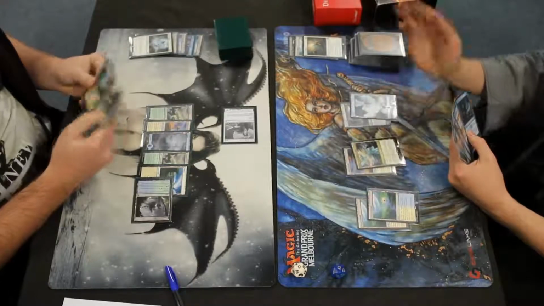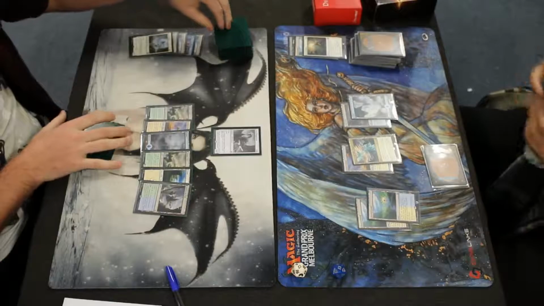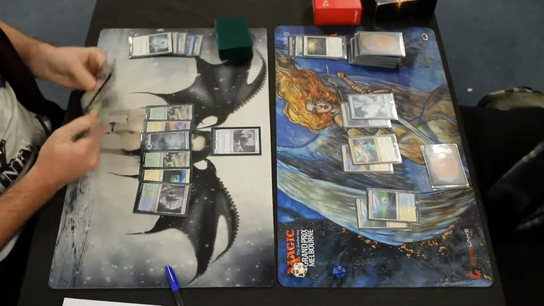So we might start to see some action here. Nope, just passing back. It's good to note though, Lydon does have a Lumbering Falls down there, so...